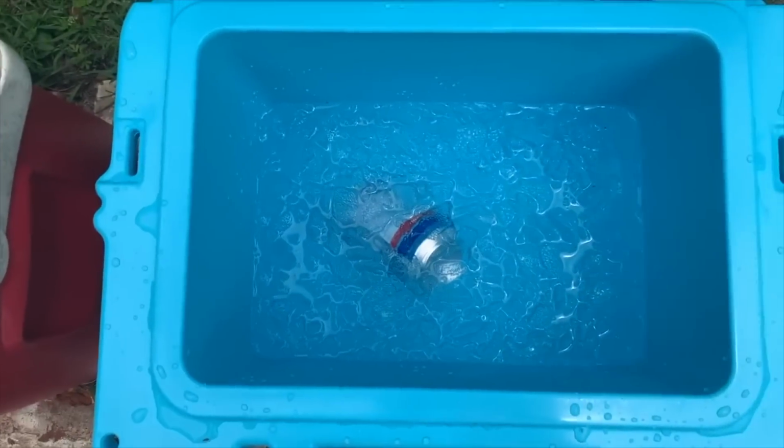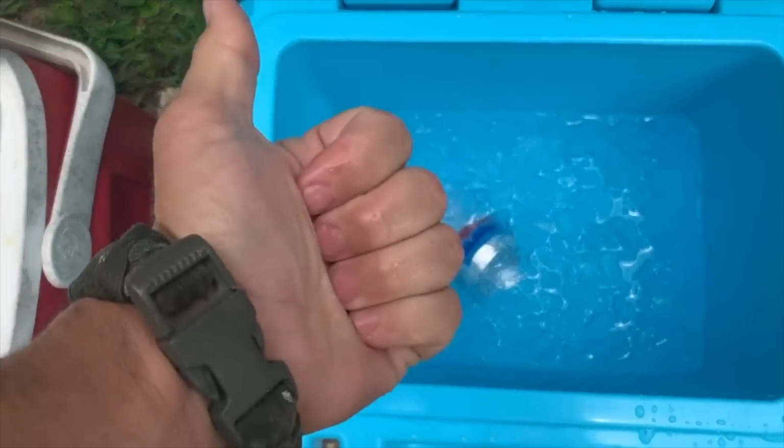Okay, match your beer with your cooler. If you're a Natty Light guy, go with an Igloo. All right. If you're a craft beer guy, go with your Yeti. If you are a White Claw dude, Yeti. If you are a Bud Light Lime guy, Yeti 20 maybe. You know, you're kind of that middle of the road. I like White Claws, but a lot of times I throw them in my cheap cooler too. So just saying. I know I'm rambling on this, but I just wanted to make a video to say there's